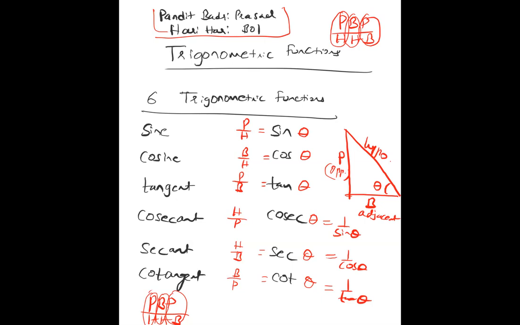Now coming to each trigonometric function, I will discuss now. For example, sine theta. If you see the graph of sine theta, the sine theta graph will look like this. This is plus theta and this is minus theta. Last time I told you what is the difference between plus and minus theta. Clockwise and anti-clockwise rotation. Remember now?